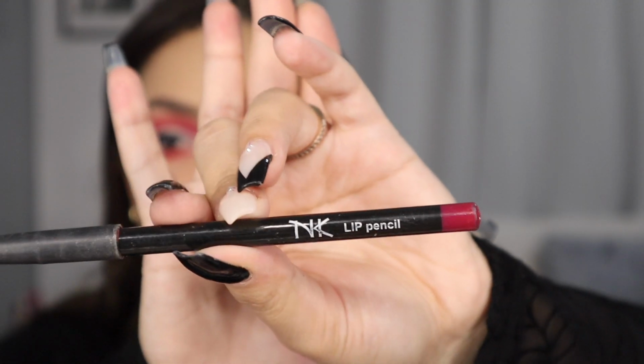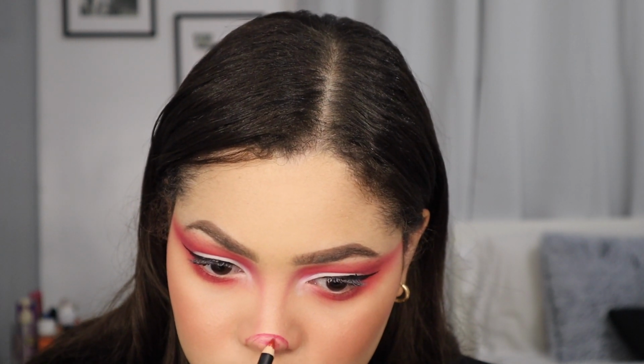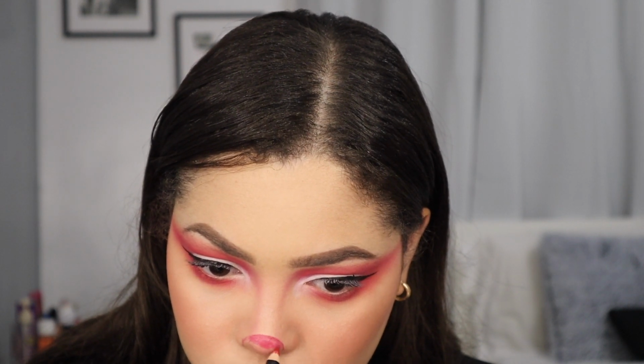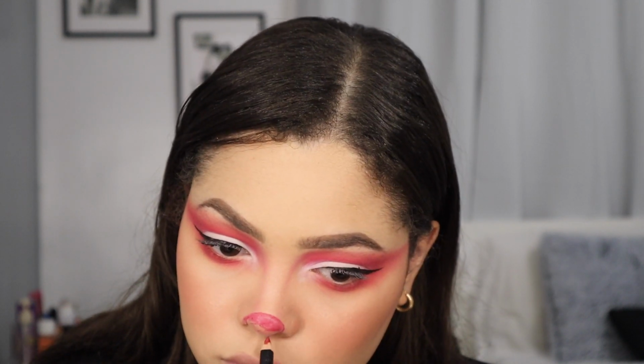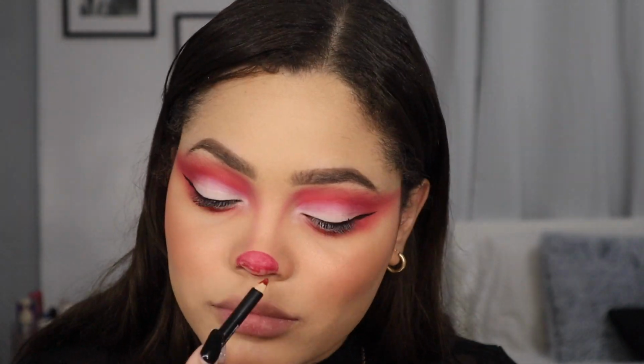While my eyelashes are drying, and yes, I messed up on the wing, I am gonna do my nose, and I'm gonna use this NK lip pencil, and I'm just gonna draw a little tiny button nose. You know, hello, we're clowns, so we need a little red nose, and I'm using this cherry kind of color, not really super red. Of course, fill it all the way in, and I'm also gonna start applying the eyeshadow